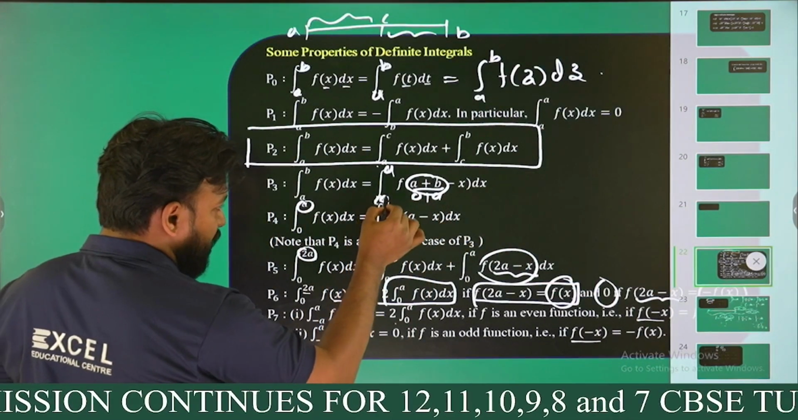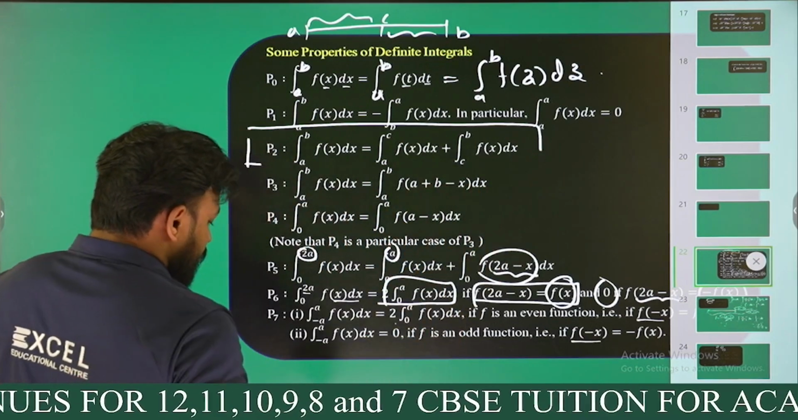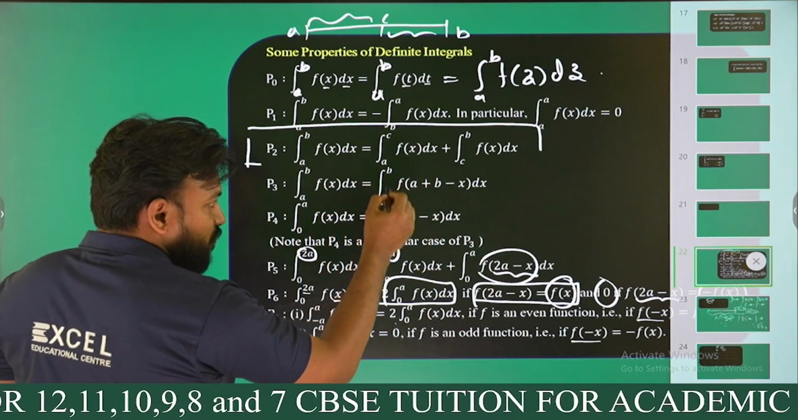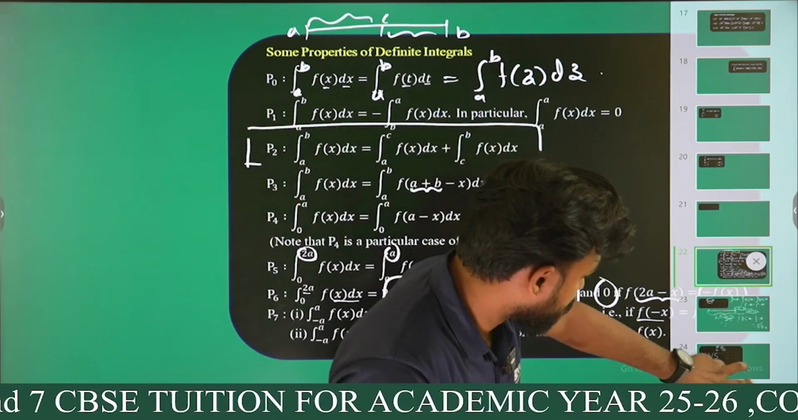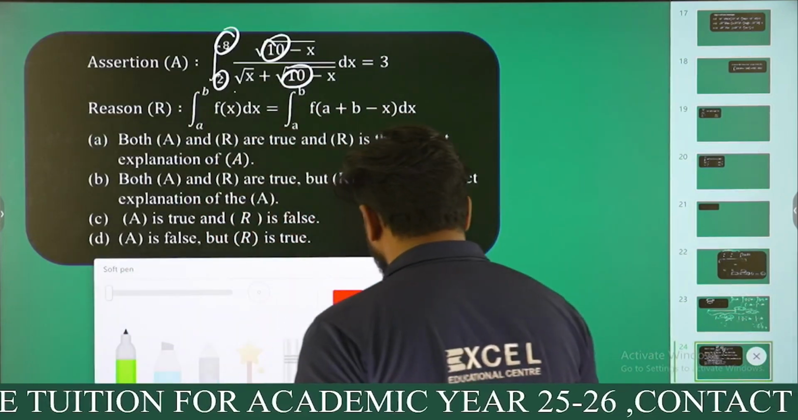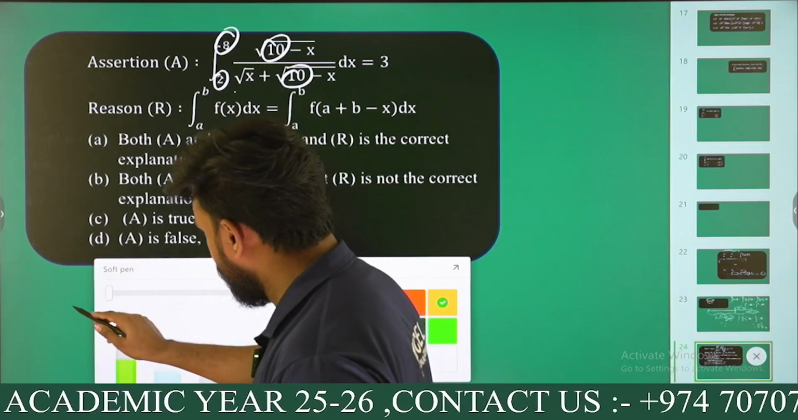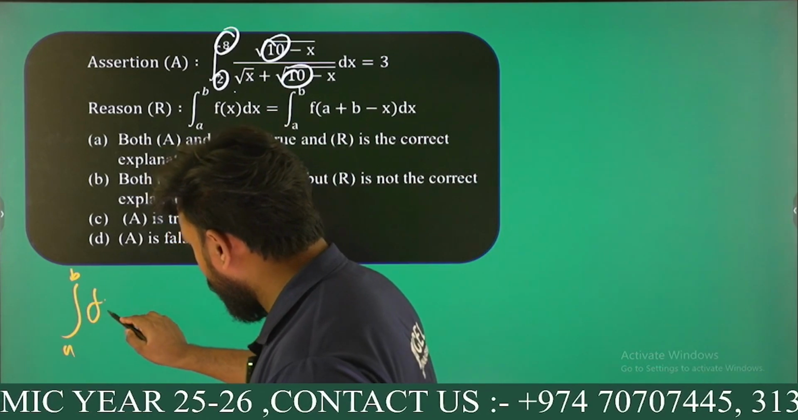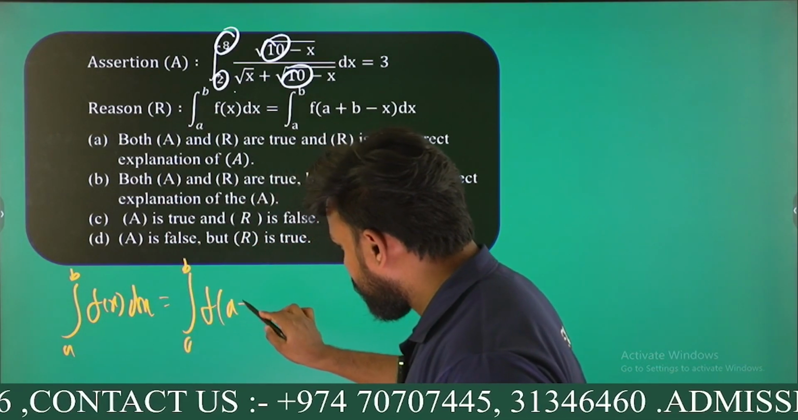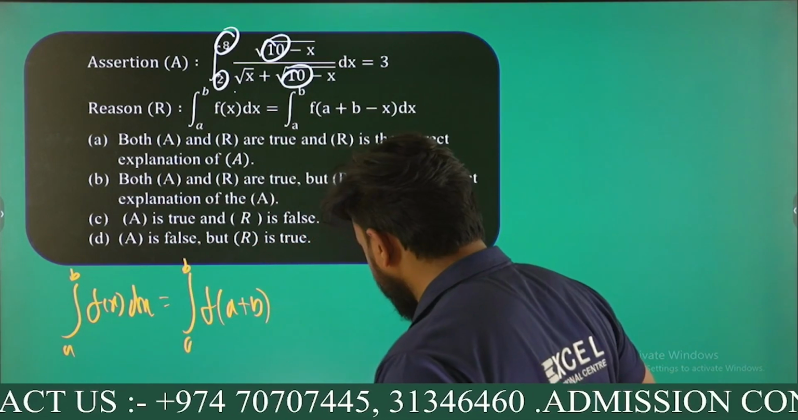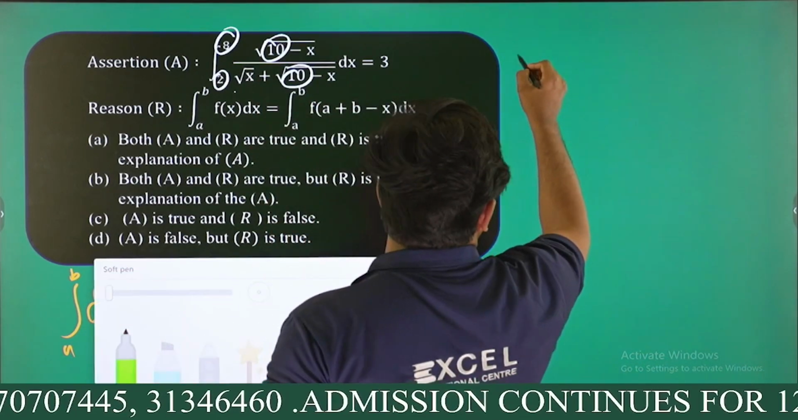If there is integral a to b f of x dx, the limits are added together. So we have to use this property there. Let me write the property here again. Integral a to b f of x dx is equal to integral a to b f of (a plus b minus x) dx. If I apply that to this question, I is equal to